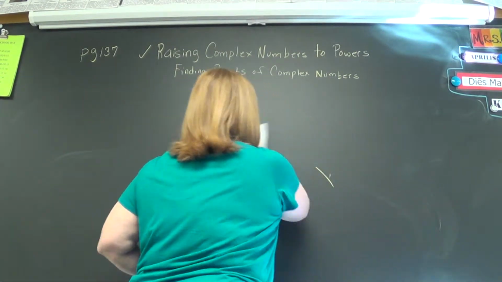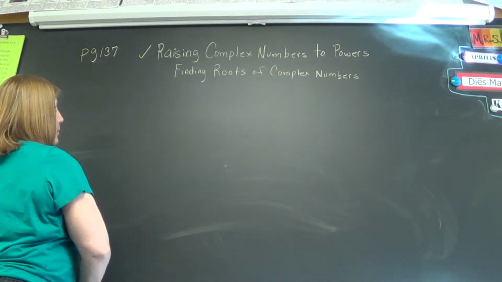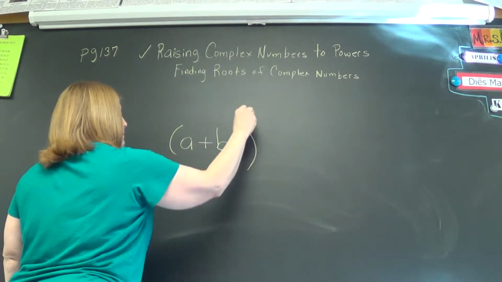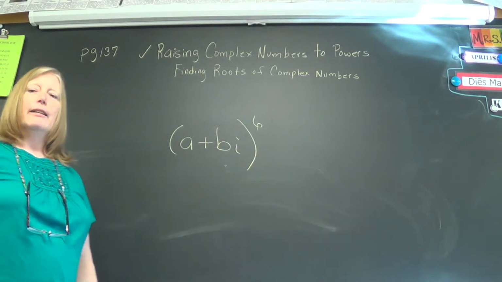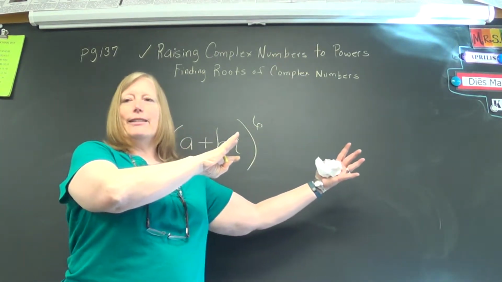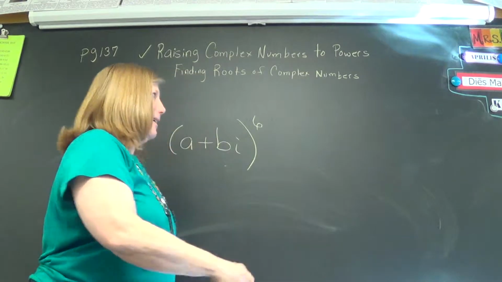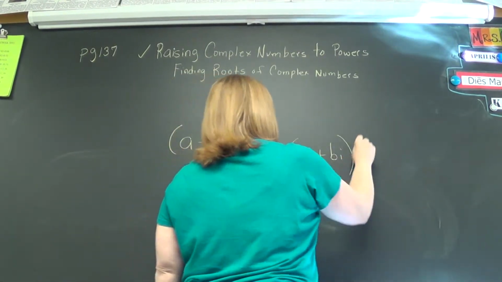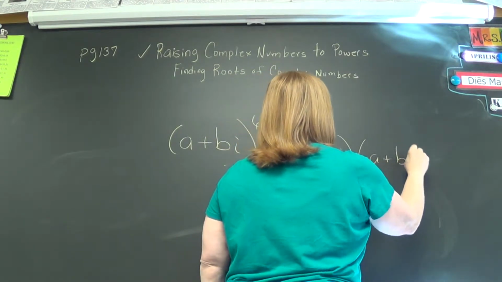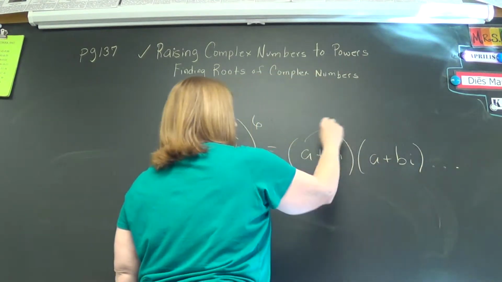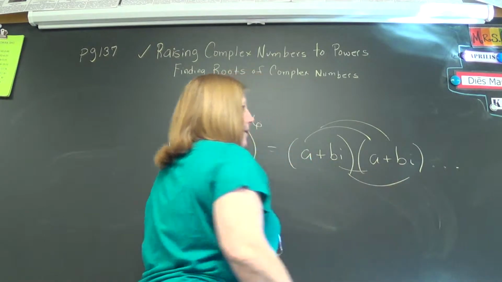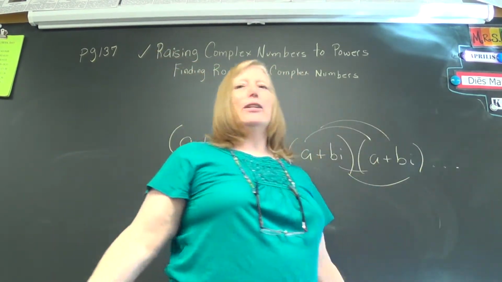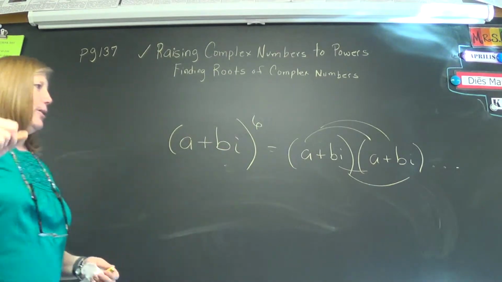You don't have to write this down, you're just observing, since we're conserving room there. What about when we switch to a plus bi to the 6? The problem becomes no less simplified, because that means this times itself 6 times, which is multiple steps 6 times. First, these 4 steps, you'll have 3 terms times 2 and 4 times 2, and on it goes. So we could do it, but